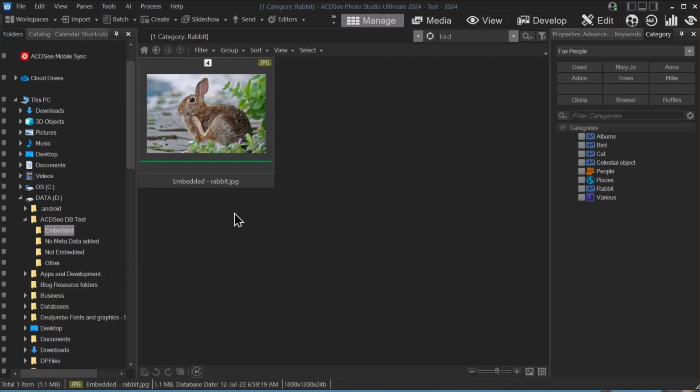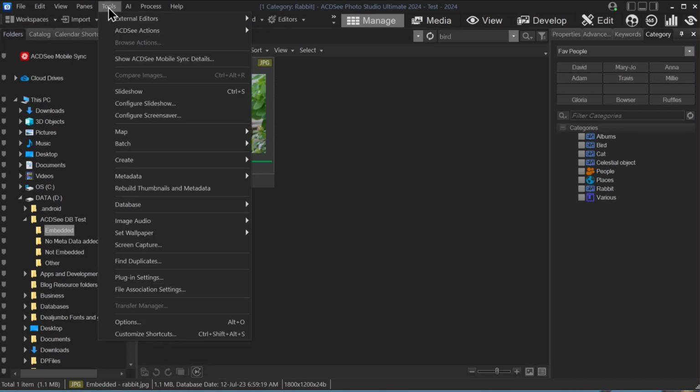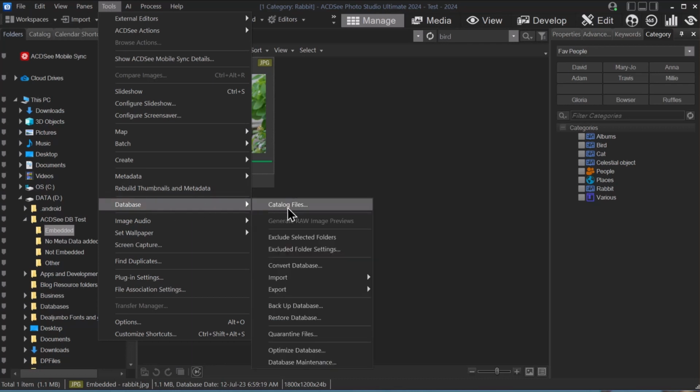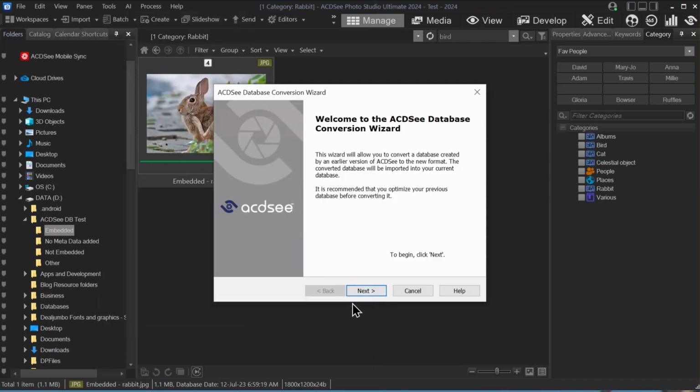However, the better way, now I have to remember what it is, tools maybe, database, convert database,